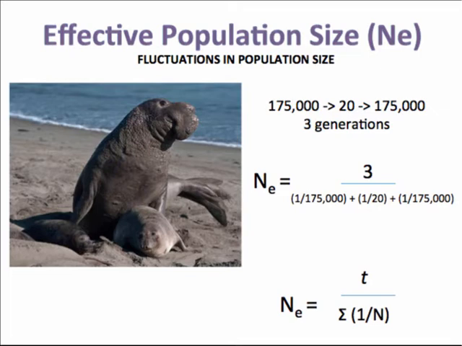And then we have 1 over 175,000 plus the 1 over 20, and then the 1 over 175,000. And then that equals an effective population size of 60 individuals. And you can see that effective population size of 60 individuals is much closer to this minimum size right here of 20 than it is to the mean over all 3 of these, which would be